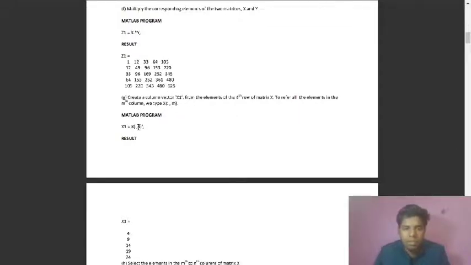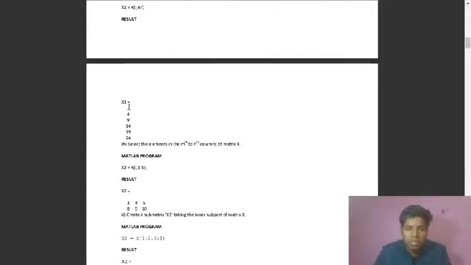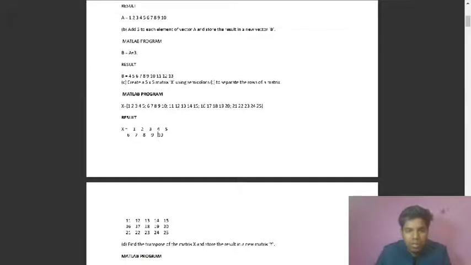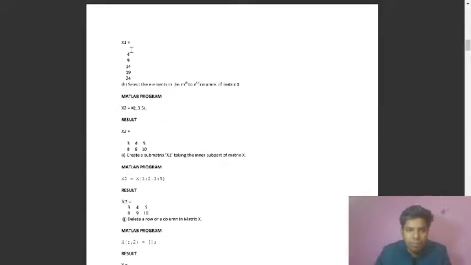What this colon is doing is it is taking all the rows of matrix X, but it is taking only the fourth column of X. So as you can see here, Vx, this was the X. This was the fourth column of X and all the rows. So we are getting 4 9 14 19 and 24.